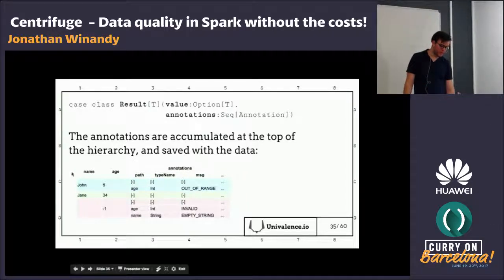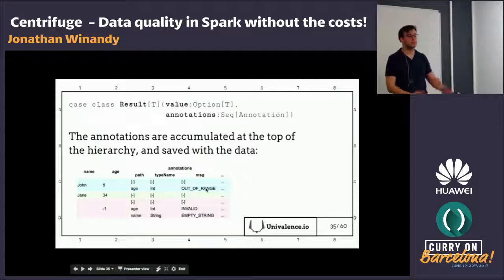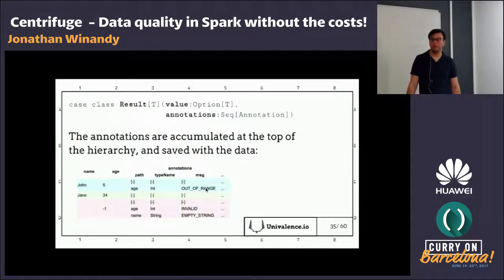So if we take the first line, we have John of age 5, and the age, we see that the path is age, so it's generated by the macro to capture the path of the data. For the type name, int is out of range. So the range might be like 13 to 110, something like that.